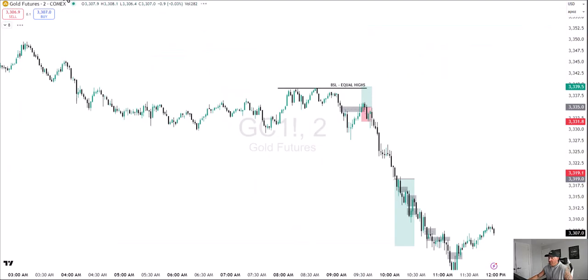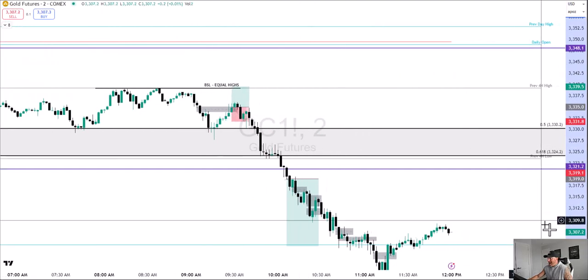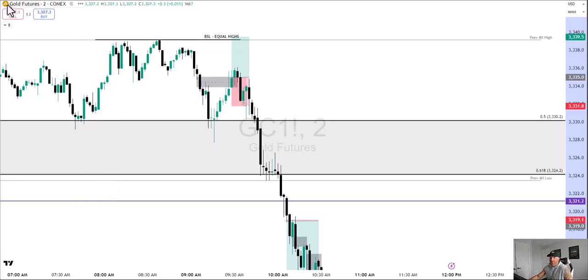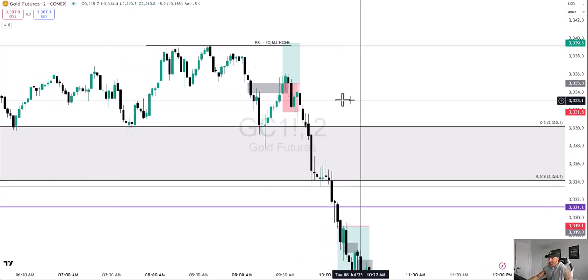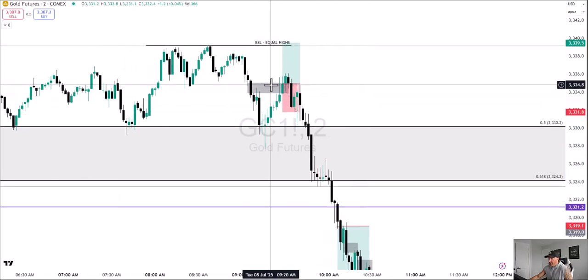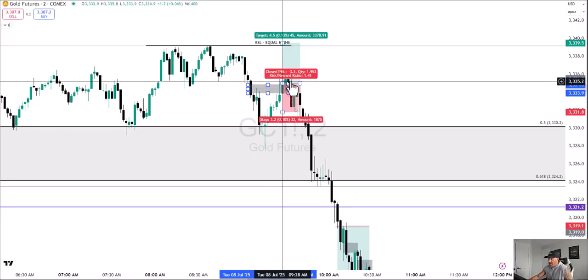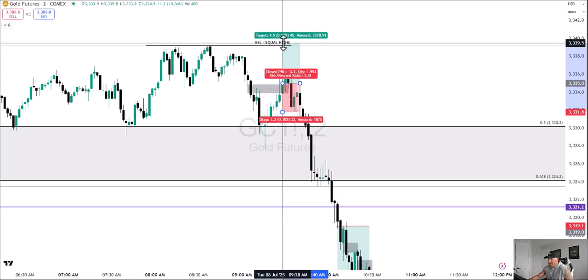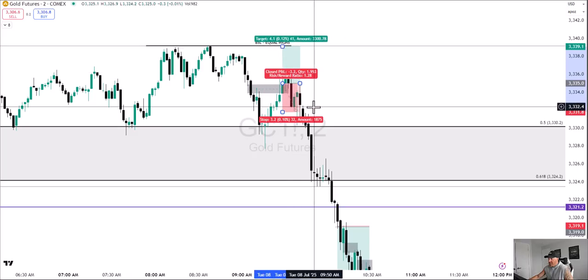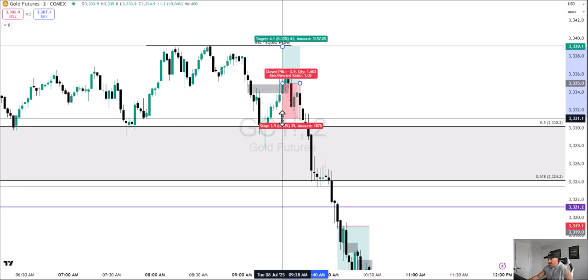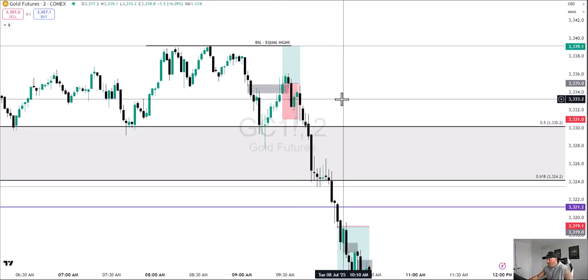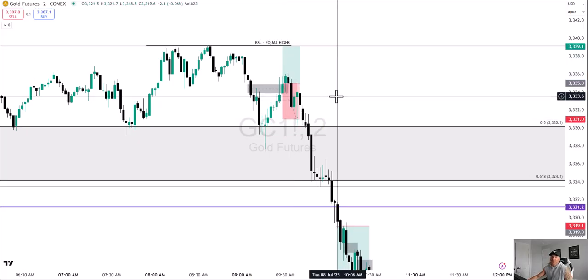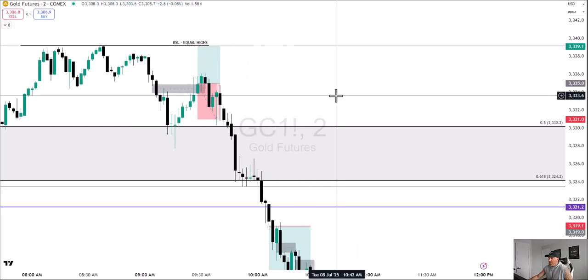I was waiting for an inversion. I seen Nas wasn't getting the best open, and I sniped this fair value gap right here. This 2-minute fair value gap. I waited for it to close. I got in. Now we did get a little bit of a move. Nothing crazy, like $1, right? But my target was just these equal highs. Now I did get stopped out. I think I got stopped out down here. A little more of a stop than I liked, but I was leveraged so small it didn't really matter, right? So that was it. That was the first trade.